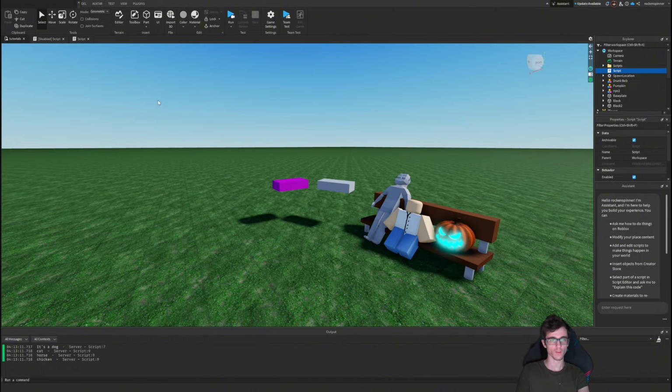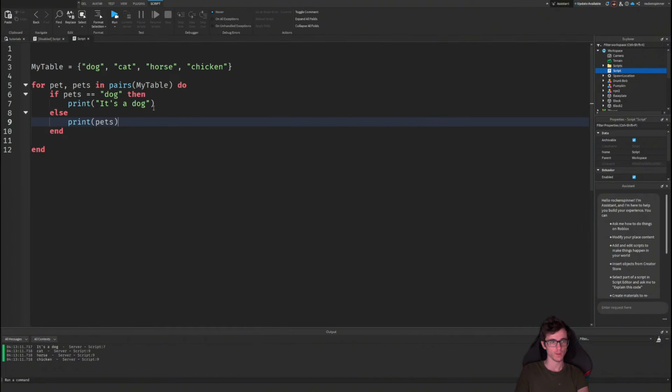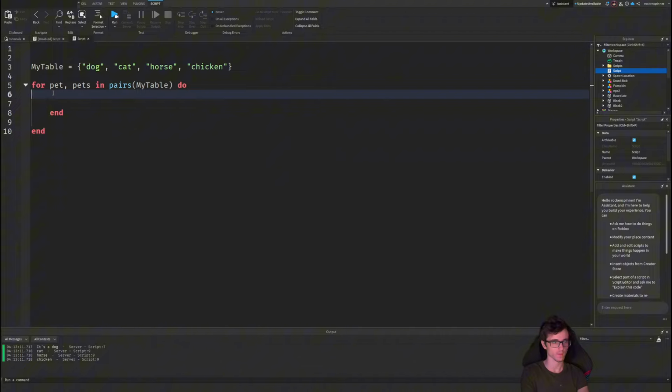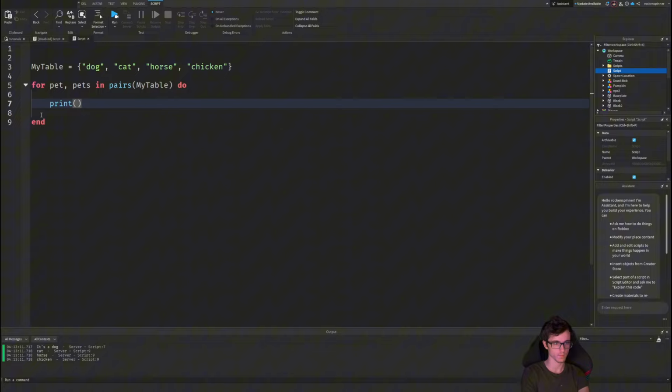One thing that you can do with this that is pretty cool is, we're going to get rid of this. We don't need the if statement right now. We're going to print the number of the location of where it's at. So if it's the first one, it's going to print 1. So we're going to put print pet, and then we're going to put dot dot, quotation marks, dot dot. In the quotation marks,